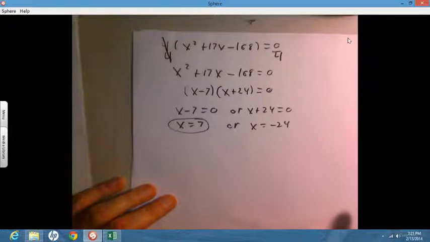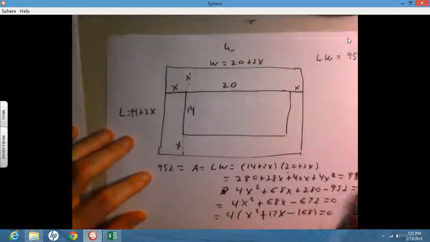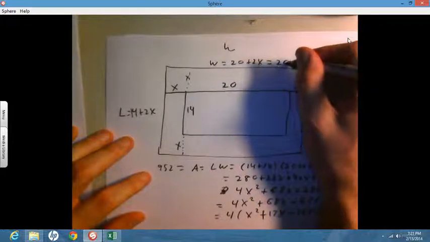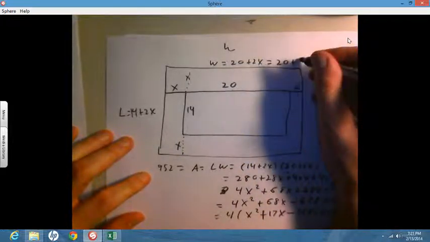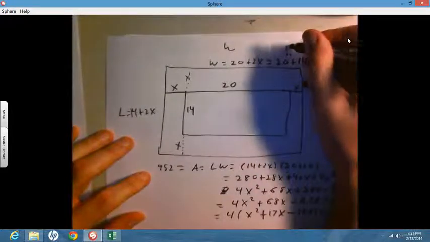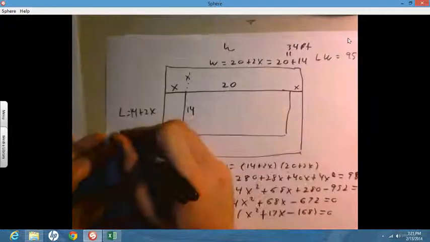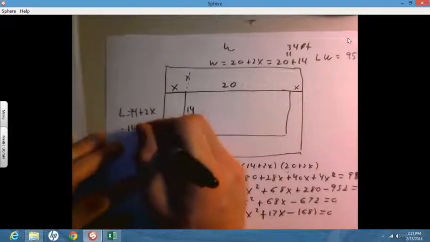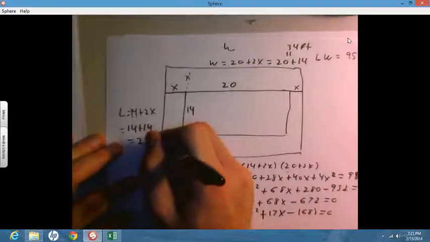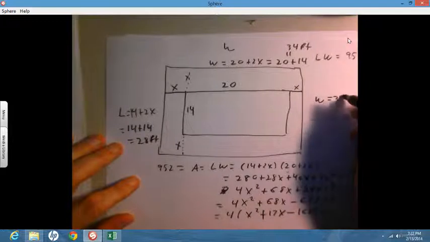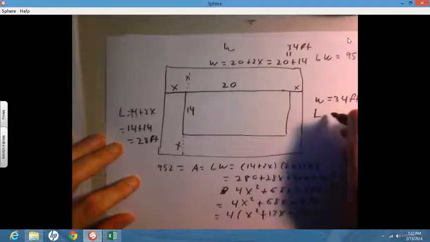So am I done? No, we want the dimensions. So we know x equals 7. So we have the width is equal to 20 plus 2x, which is going to be equal to 20 plus, x is 7, so that's going to be 14. So that's going to be equal to 34 feet. And again, x is 7, so 2x is 14, so this is going to be 14 plus 14 is equal to 28 feet. So what we would have is the width is going to be equal to 34 feet, and the length is going to be equal to 28 feet,